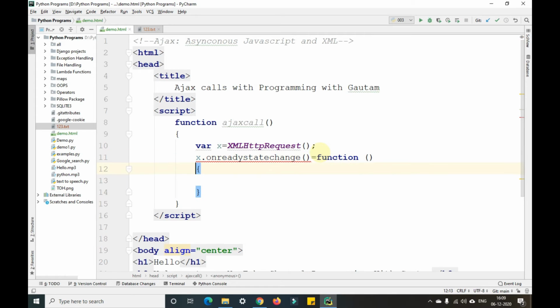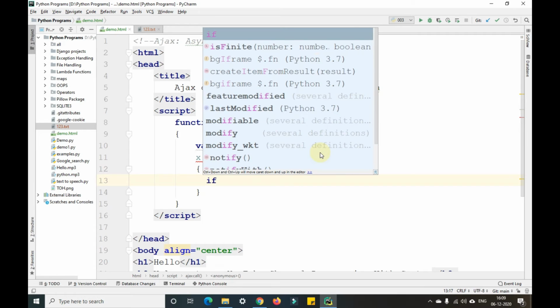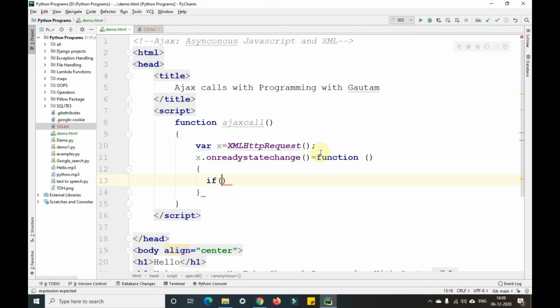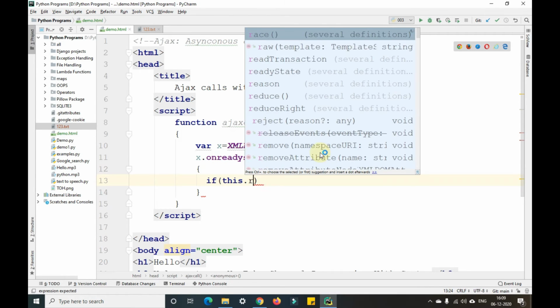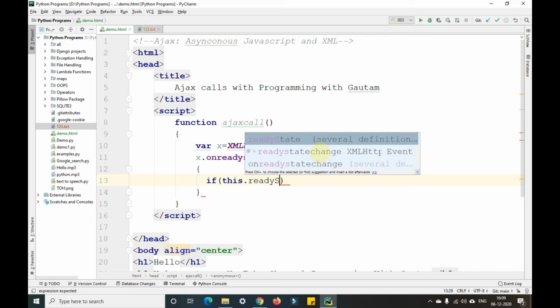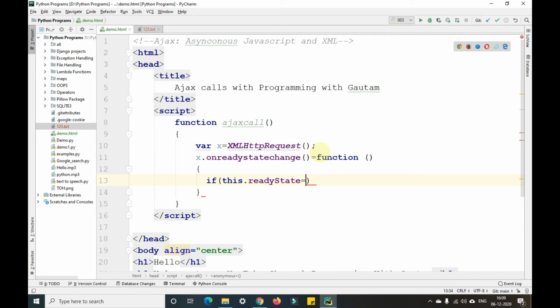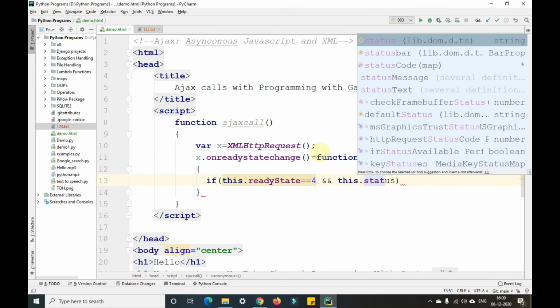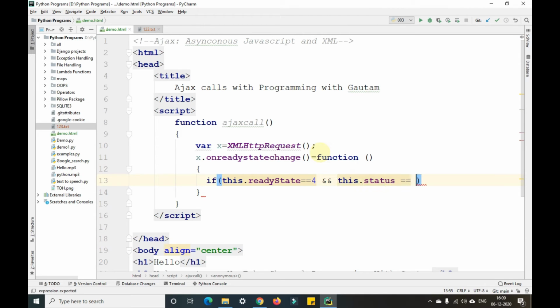Okay, so what is this function? We need to write this function here. If this dot readyState equals to 4, and this dot status equals to 200.